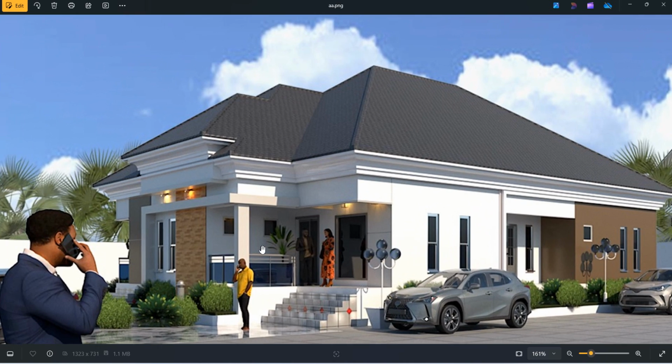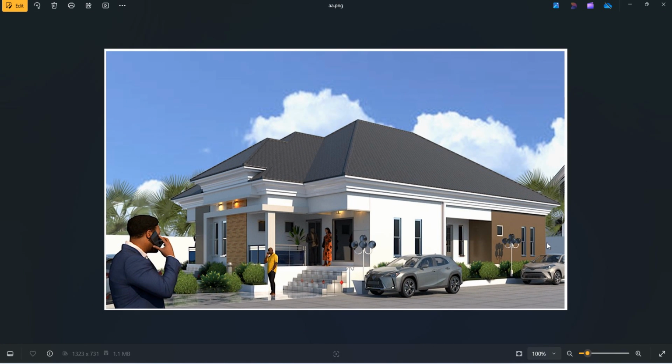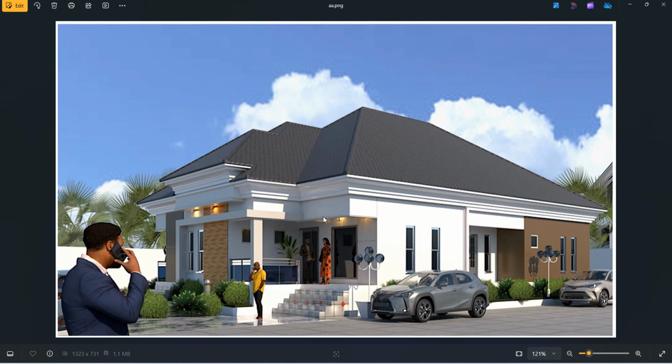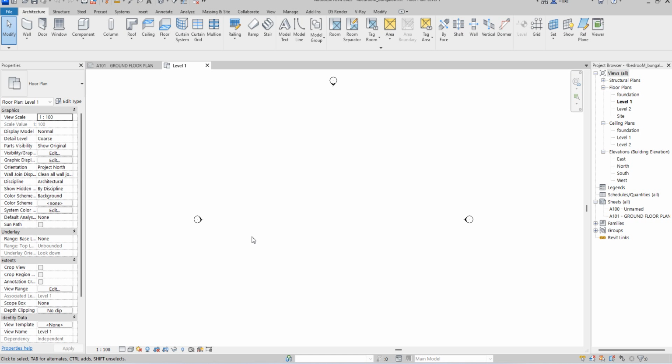So this is actually the bungalow, and it's been rendered with Fury alone, not Lumion. It's been rendered with Fury. Specifically, we are going to go further and do some of this work one after the other. So let us go back to the main issue of the day, which is this. Now, a land is being given, which is